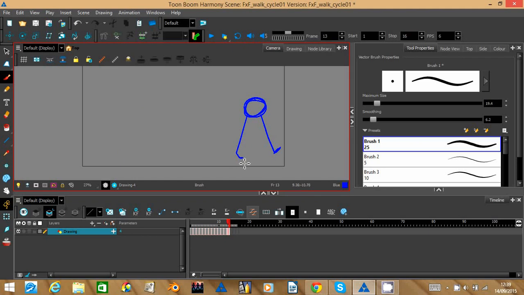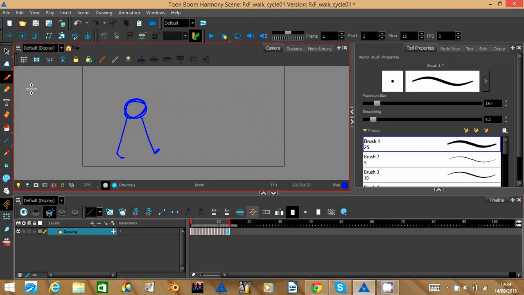Now, of course, depending on what kind of appeal you want to give to your character, you change how it looks. But just know that the same positions apply. You have the step where both feet are on the ground. Then you have the squash. Sorry, you have the stride. You have the squash, which is when